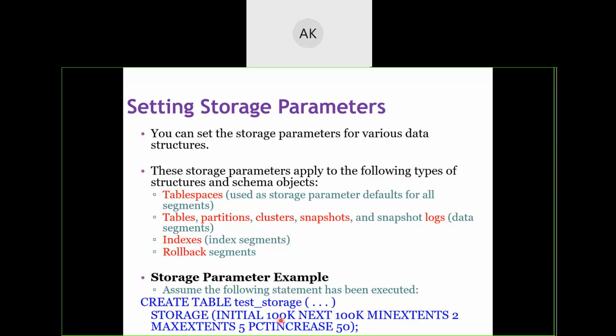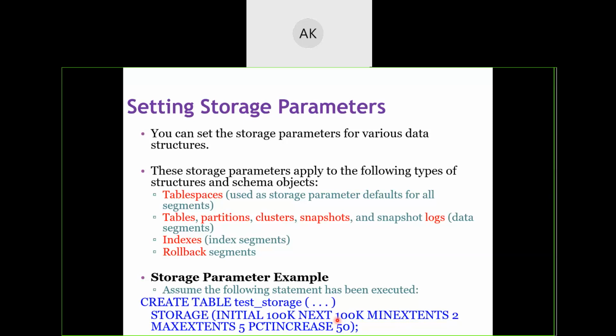Initially allocate how much memory? 100 kilobytes. Once the 100 kilobytes is over, next allocate 100 kilobytes more. So I'm saying that if the 100 kilobytes of space is over for a table, then to store more data, allocate 100 kilobytes more.